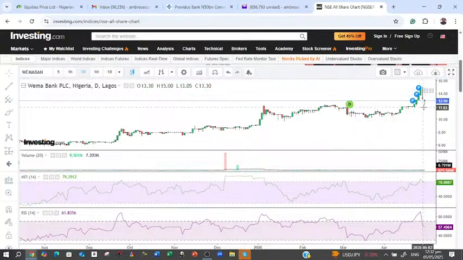You can see that even though they try to resist decline, looking at this chart here, the price goes down, it's going to go up. It's possible that from tomorrow you will see an uptrend because of the pullback of last Friday. Today, they tried to win that ball. The stock is resisting decline, even when it touched almost below 12 naira, because now it's back to 12 naira 90 kobo.